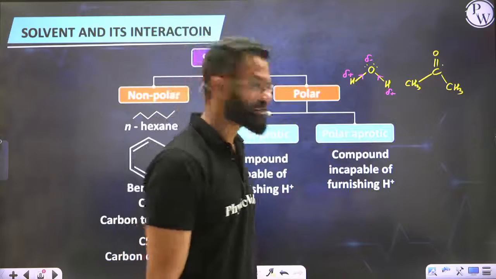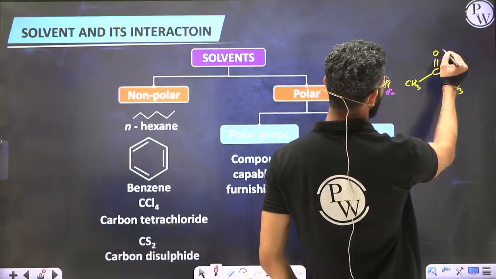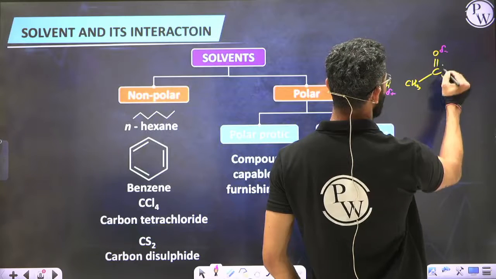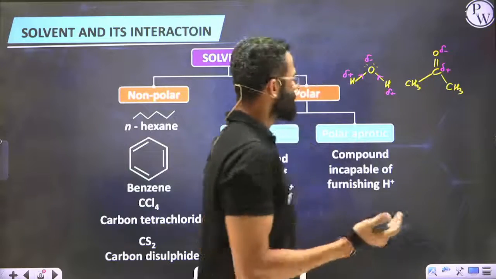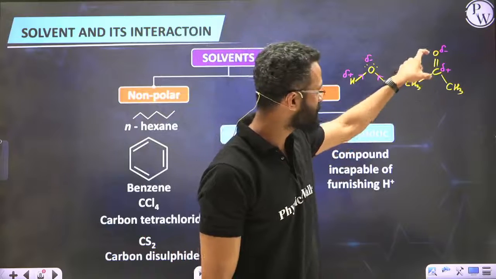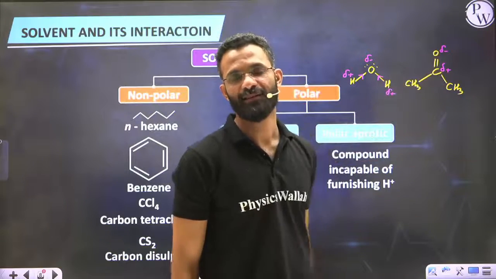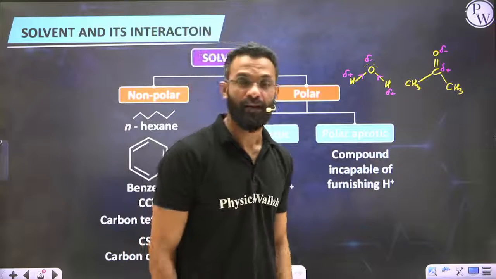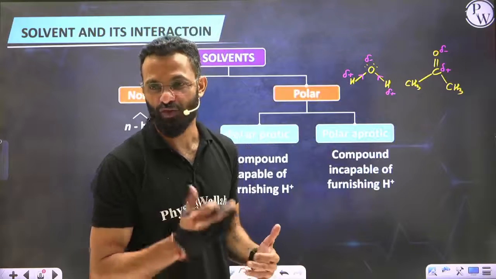Similarly, if you look at acetone, here as well carbon is connected to oxygen. Oxygen being more electronegative, it will carry delta minus, leaving delta plus charge on the carbon atom. So just like water, even acetone is a molecule where there is a development of polarization, which makes acetone a polar solvent. However, one very interesting difference between these two kinds of solvents that we can make out here is,